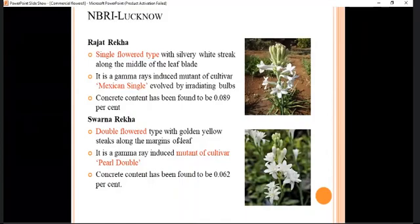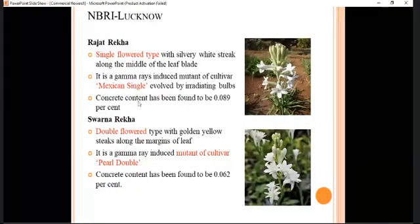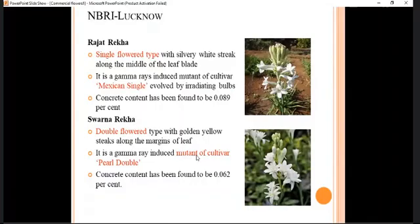And from NBRI Lucknow, we have 2 very important cultivars, Rajat Rekha and Swarna Rekha. Again, I said Rajat Rekha is a single flower type, and it is a mutant of Mexican Single, and Swarna Rekha is double flowered, and it is a mutant of